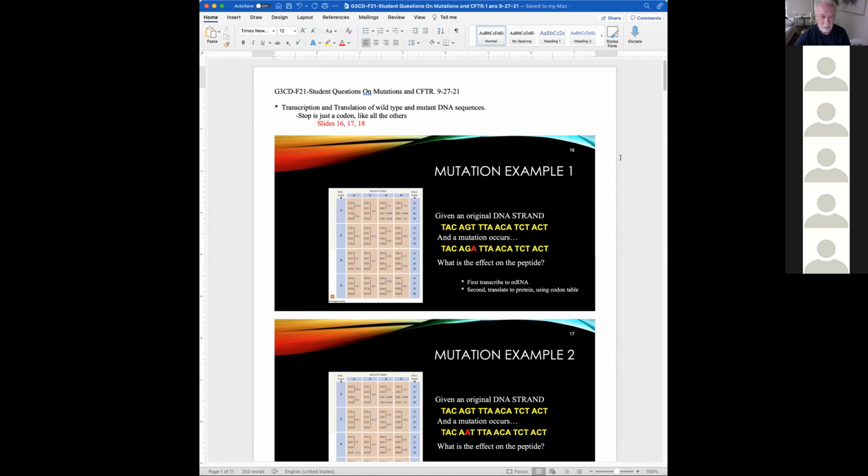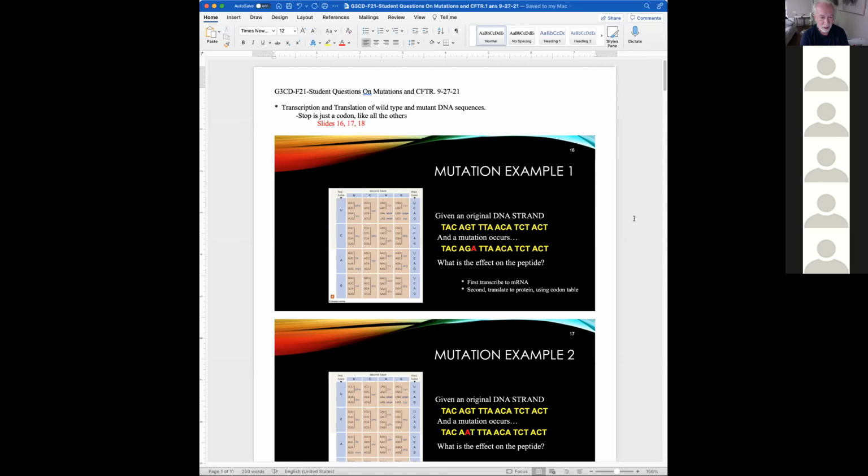And so write this down. This is going to be the only question on the quiz on Wednesday. The only question that I will ask you is to do one of these problems. So I'll give you a DNA sequence, and I'll say this is the wild type. And then I'll give you another DNA sequence, and I'll say this is the mutant. And the sequences will be different from each other. Then I will ask